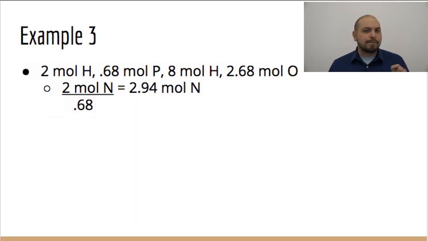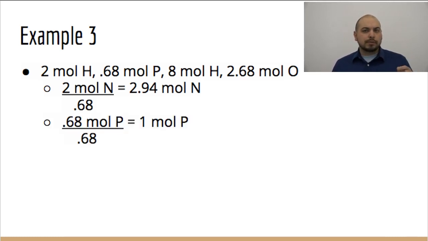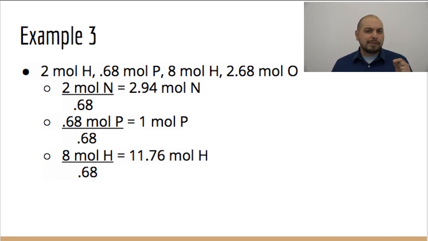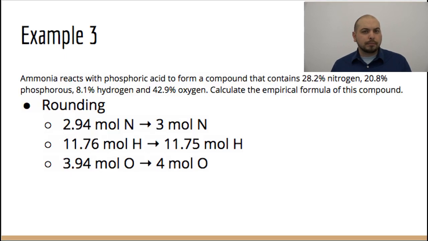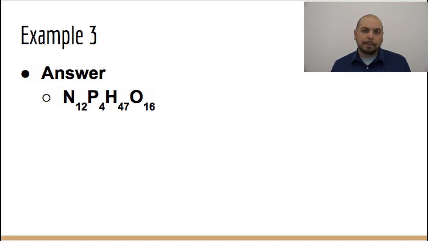That's going to be that of phosphorus, the 0.68. So we end up with a ratio of 8 nitrogen, 1 phosphorus, 11.75 for hydrogen, and 4 for oxygen. We need to make sure that we have whole numbers, which means we have to multiply every one of them by 4. This means that we have an empirical formula for this compound of N12, P4,